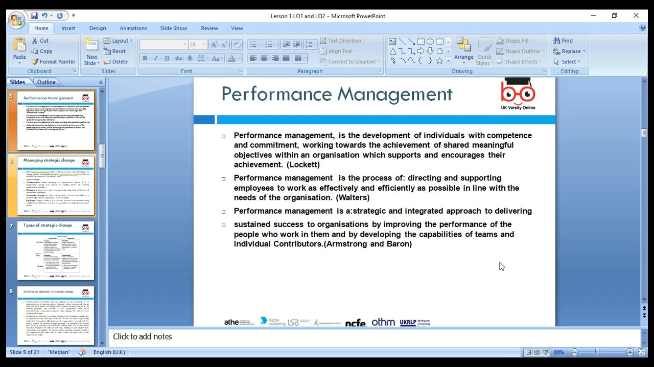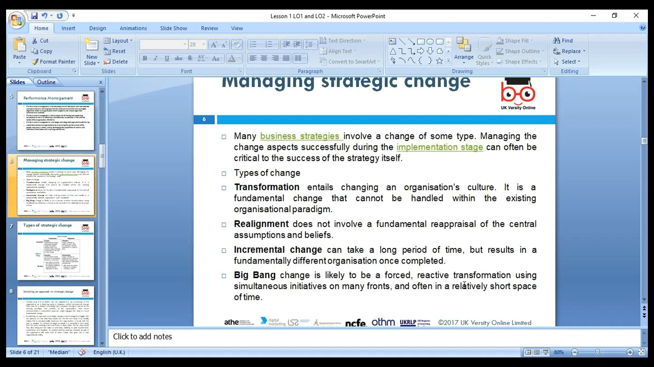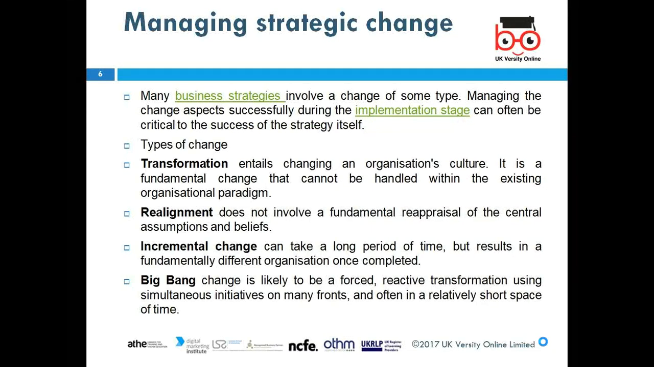Performance is quite crucial. Performance needs to be managed. Okay, so next we're looking at change. What is meant by change management? What is a change, and why do we need to change? Next we're looking at change